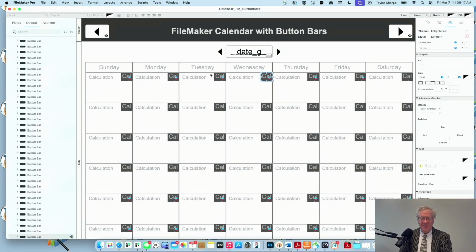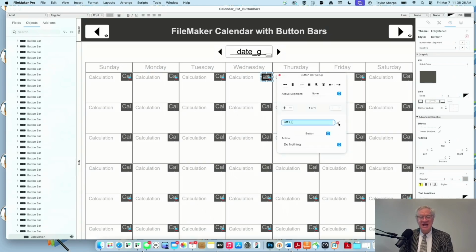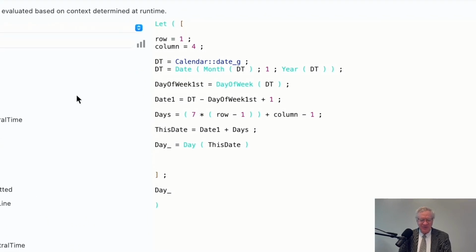So we have a whole bunch of these days, and I basically copied the same calculation over and just repeated it 6 times 7, I guess that would be 42, whatever, many times. So we just have a formula right in here. And this formula, all it does is, let's see if I can zoom in a little bit. Hopefully that zoomed in for people. So basically, we've got a grid, so row and column. Row is which of the weeks it is. Column is the day. So in this case, column 4. So Sunday is 1, Monday is 2, Tuesday is 3, and Wednesday is 4.